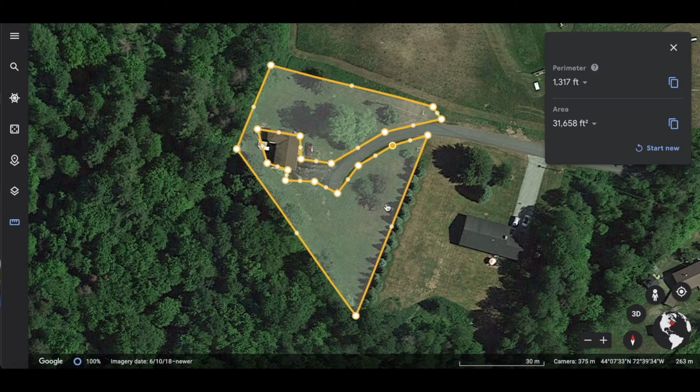Now you would take that over to your chart that you would make, and you would go and see, and your pricing would be already there. So for a 32,000 square foot property, you already know how much you need to charge, and it's as easy as that. You don't need to know how long you think it would take you. You can do this all virtually. If someone calls you up, gives you their address, you can give them a price right there.